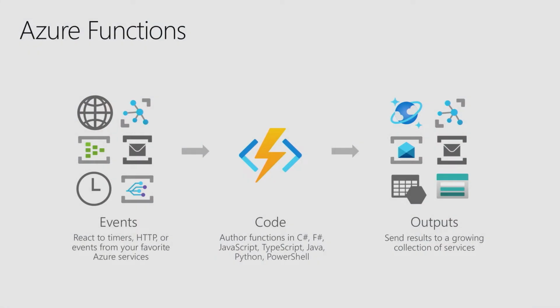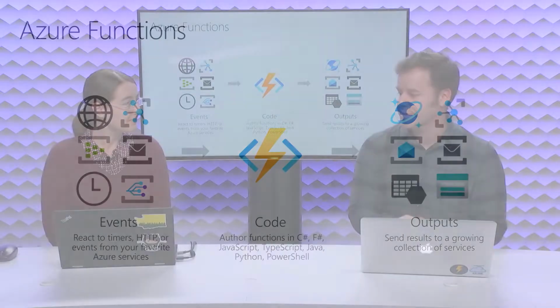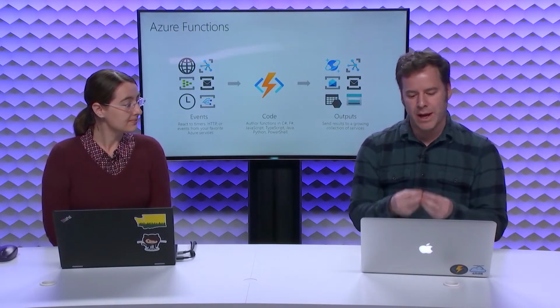So if we start looking at Functions, Functions is really a service that gives us the ability to react to events and write our business logic and all of our code to react to what we call triggered events. Those events can range all the way from an HTTP request and something as simple as a queue message on storage, all the way up to a change feed and document change notification from Cosmos DB. When we combine that with the pre-built integrations that you have as part of the function service, you have the ability to react to those events,